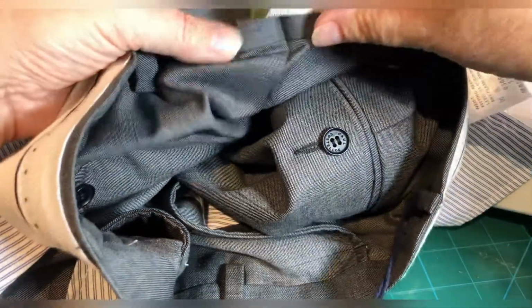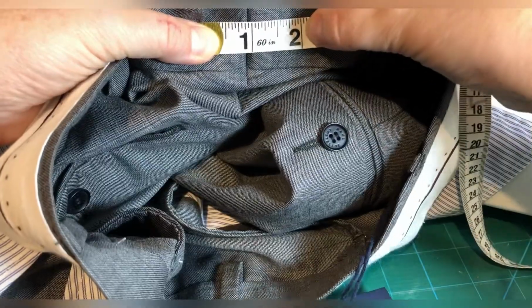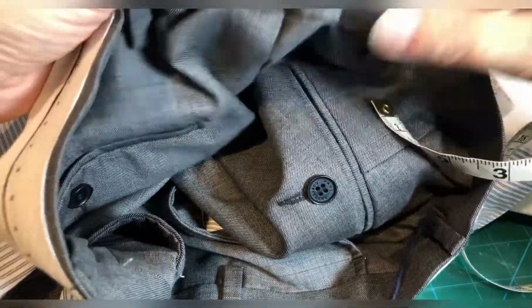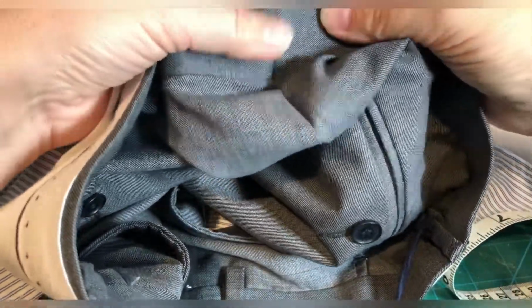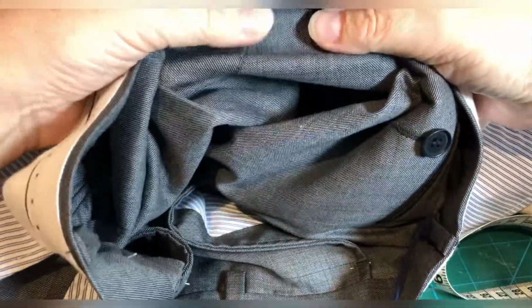And what we can see here is that if we go just here, the difference between there and there, we've added nearly 2 inches of space, look, just on 1 3/4 inches. Matching pretty good at the back of the waistband there, and again at the top, that's fine. Just making sure this is all smooth, we can tidy up those stitches at the bottom there,